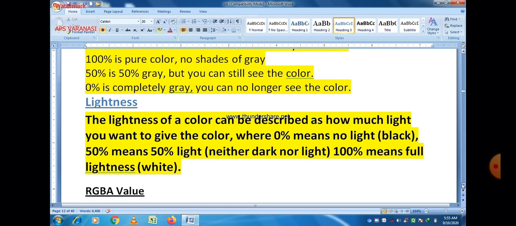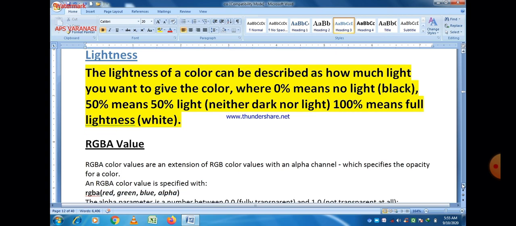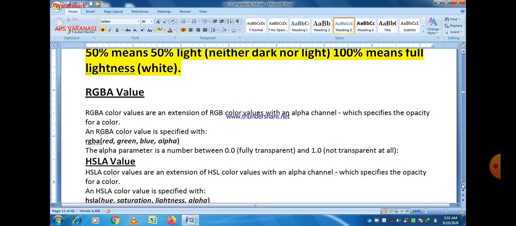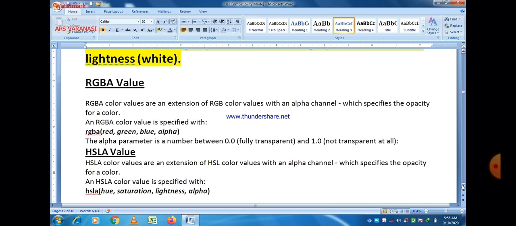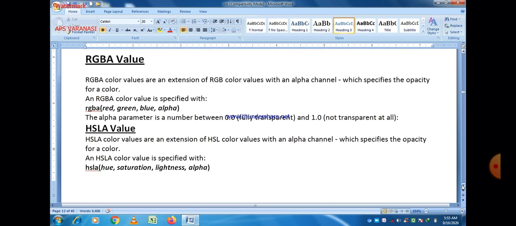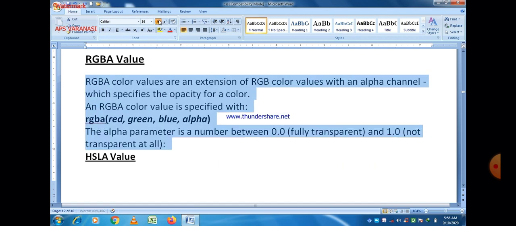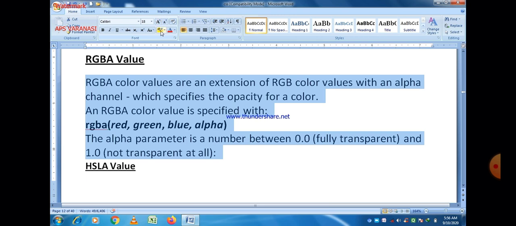The simplest is directly using the color name. Next is an RGBA value. RGB stands for red, green, blue, but another attribute is there, that is A, and here A represents alpha. So the full form of RGBA is red, green, blue and alpha. The alpha parameter is a number between 0 and 1. We can give the value of alpha between 0.0 and 1.0. 0.0 means fully transparent and 1.0 means not transparent at all.